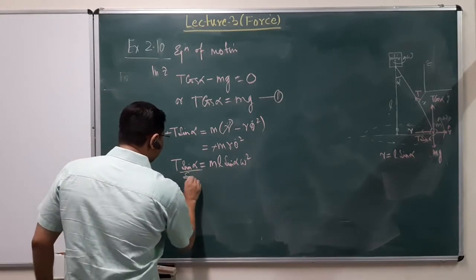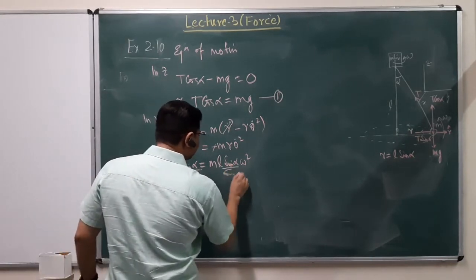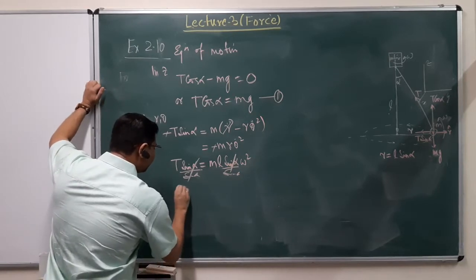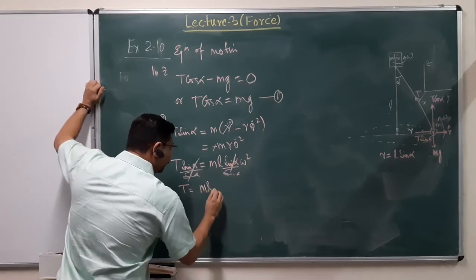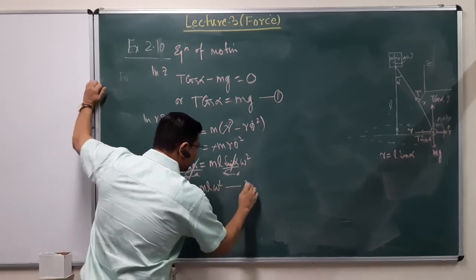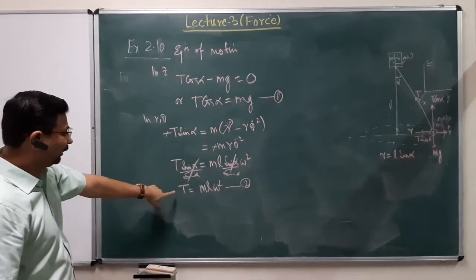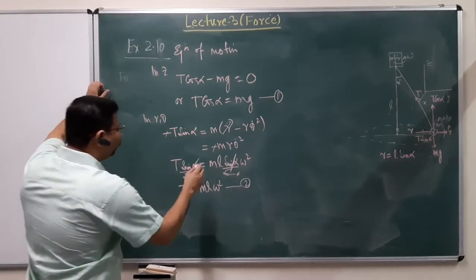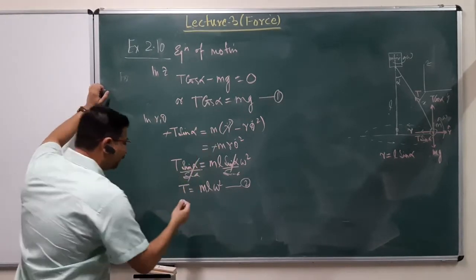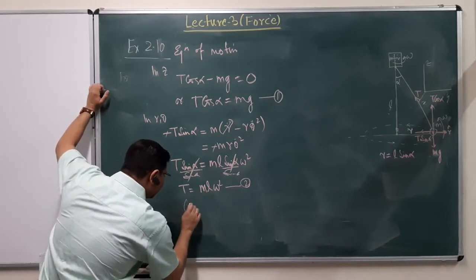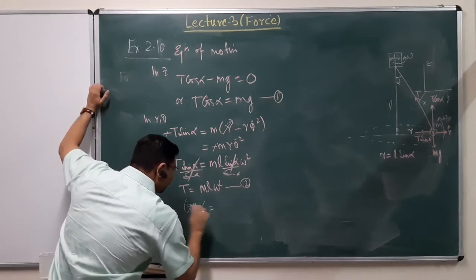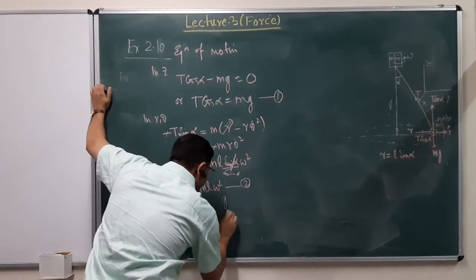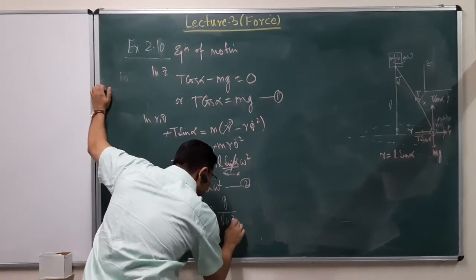Of course, I can divide both sides by sin alpha, and in this case it cancels out. So this basically gives me T equal to m l omega square. And now we can put 2 in 1 and find out what is the value of this alpha. Alpha is the parameter. So we can write down the equation for alpha in terms of the known values, and that basically gives me g over L omega square.